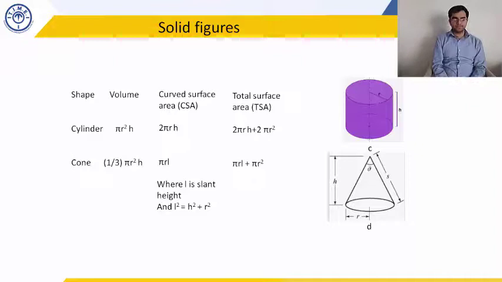And finally, the total surface area of a cylinder will be curved surface area 2 pi r h plus the top face pi r square plus the bottom face pi r square. So you get 2 pi r h plus pi r square plus pi r square, that's 2 pi r h plus 2 pi r square. And for a cone, you get pi r L, the curved surface area, plus the area of the base, that is pi r square. So we get pi r L plus pi r square. I hope you are noting down all of these formulae, because these are what you will have to use in the upcoming questions.